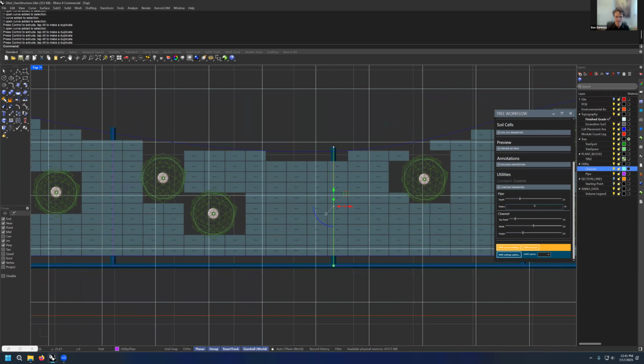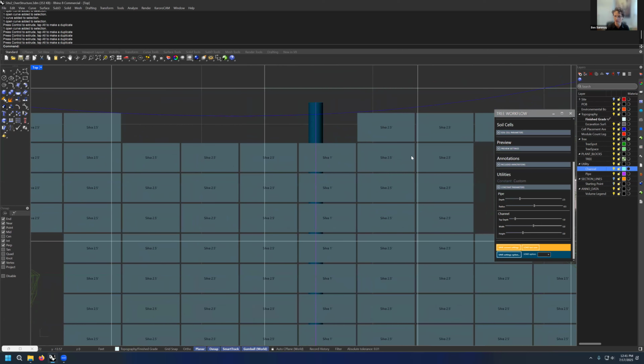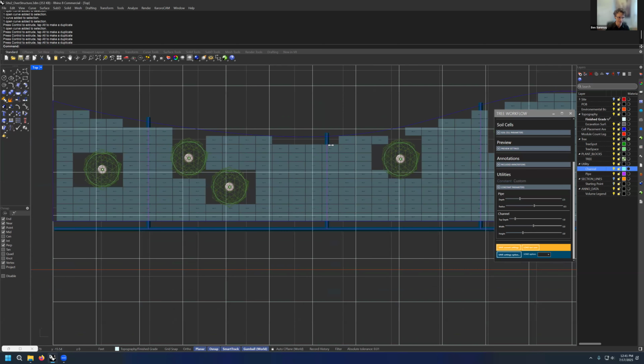So I'm just playing around with these a little bit. And there you go. Now you can see that with the pipe being a lot smaller and at a deeper depth, now at 2.5 feet with a 5.5 radius, we now have the #1 Silva cells being stacked over top because the depths will allow it. So there's a lot of little fun things that you can do with this to make this work and incorporate